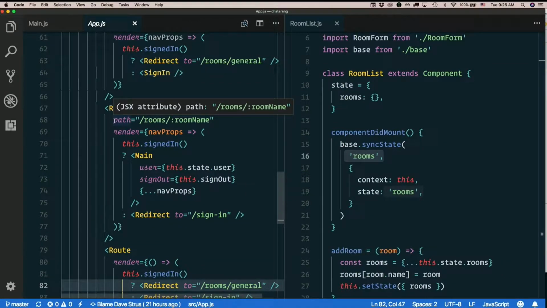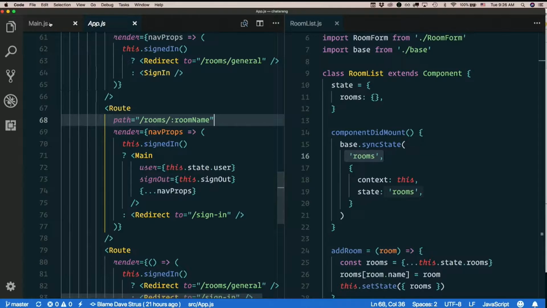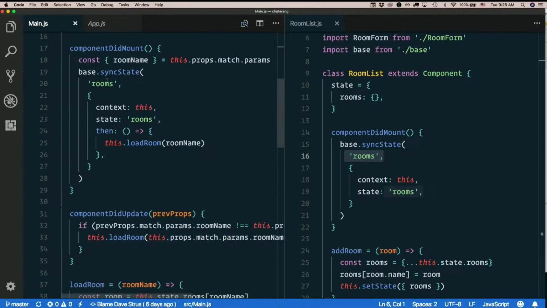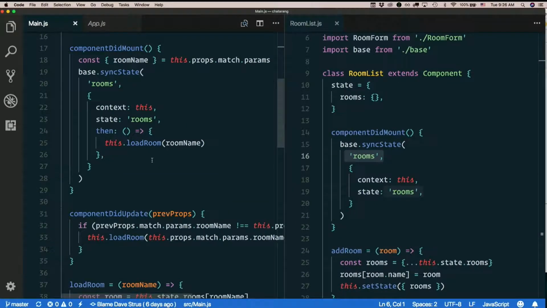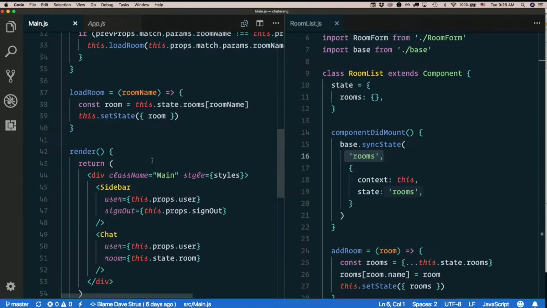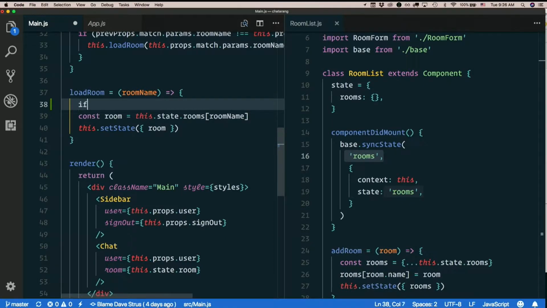So the route rooms/new matches this path rooms/room name, which is fine, except now in component did mount, we try to load that thing, and we end up with a problem because there is no such room. So we could, this is a little kludgy, but we could say if room name not equal new,